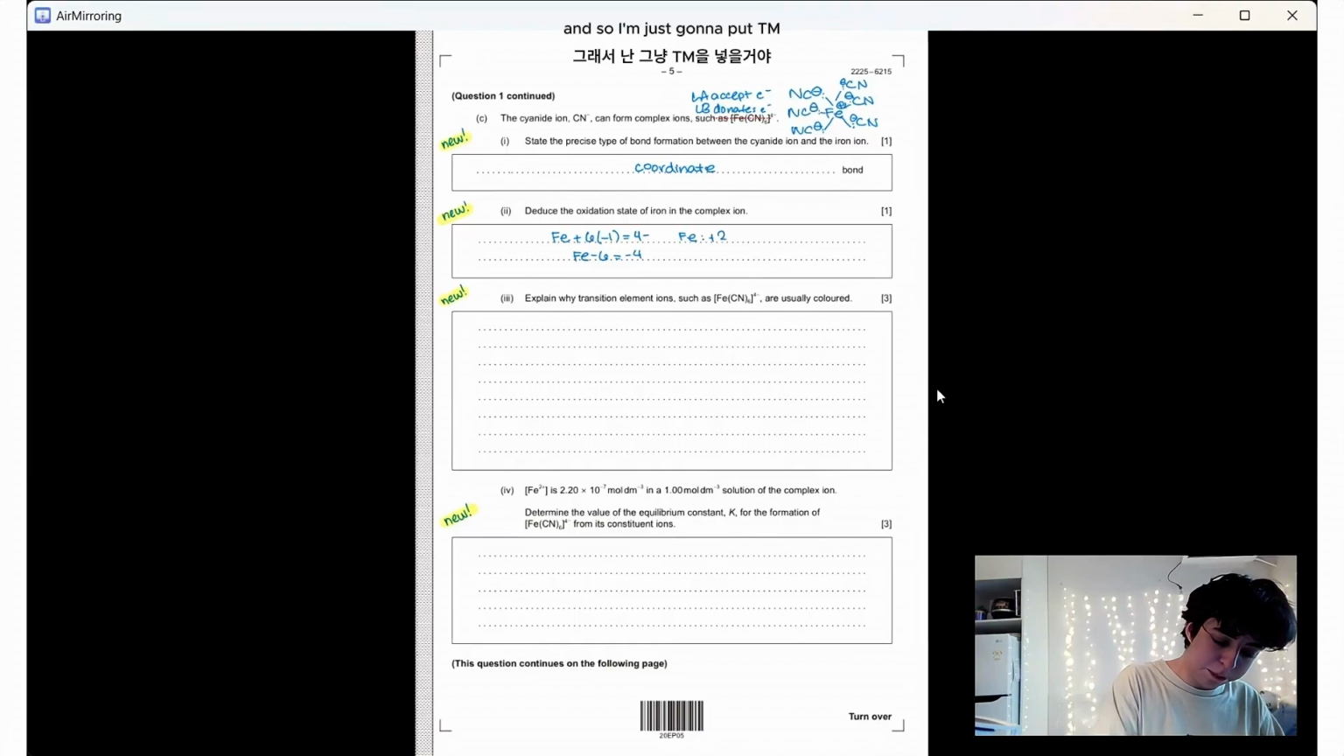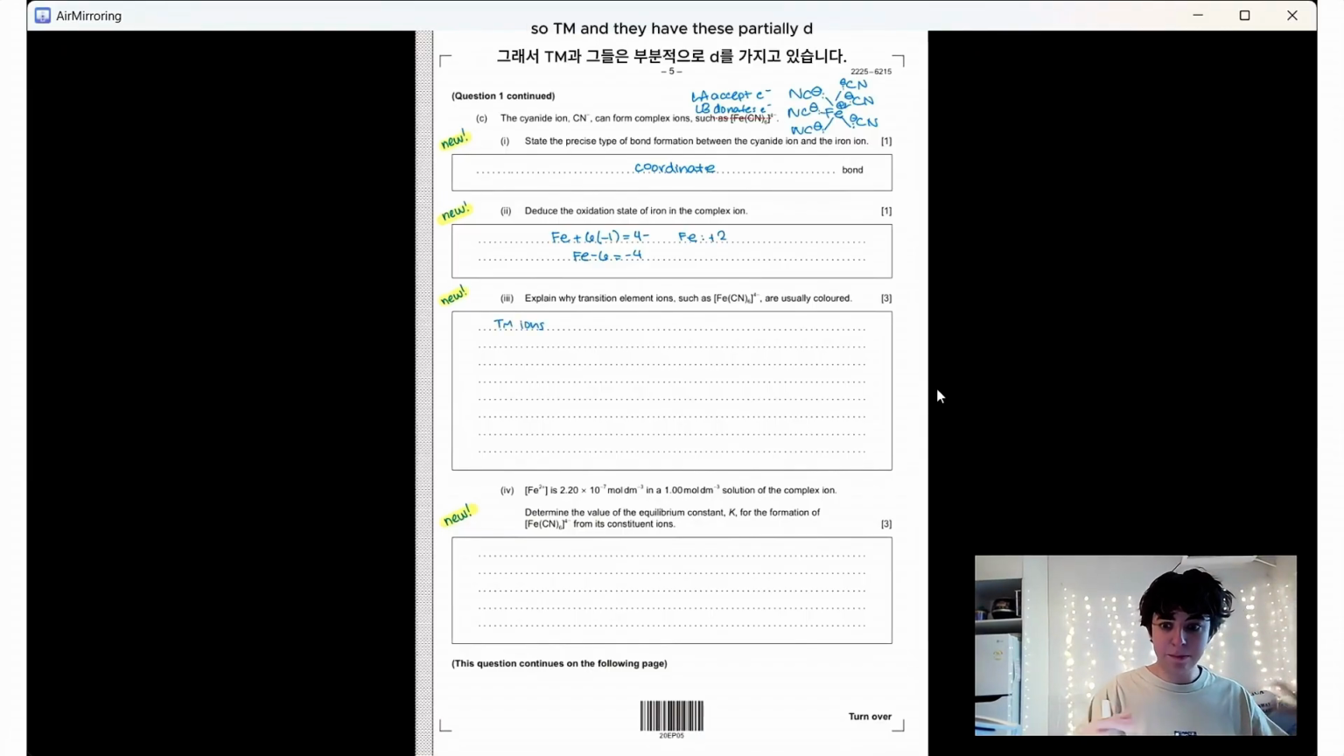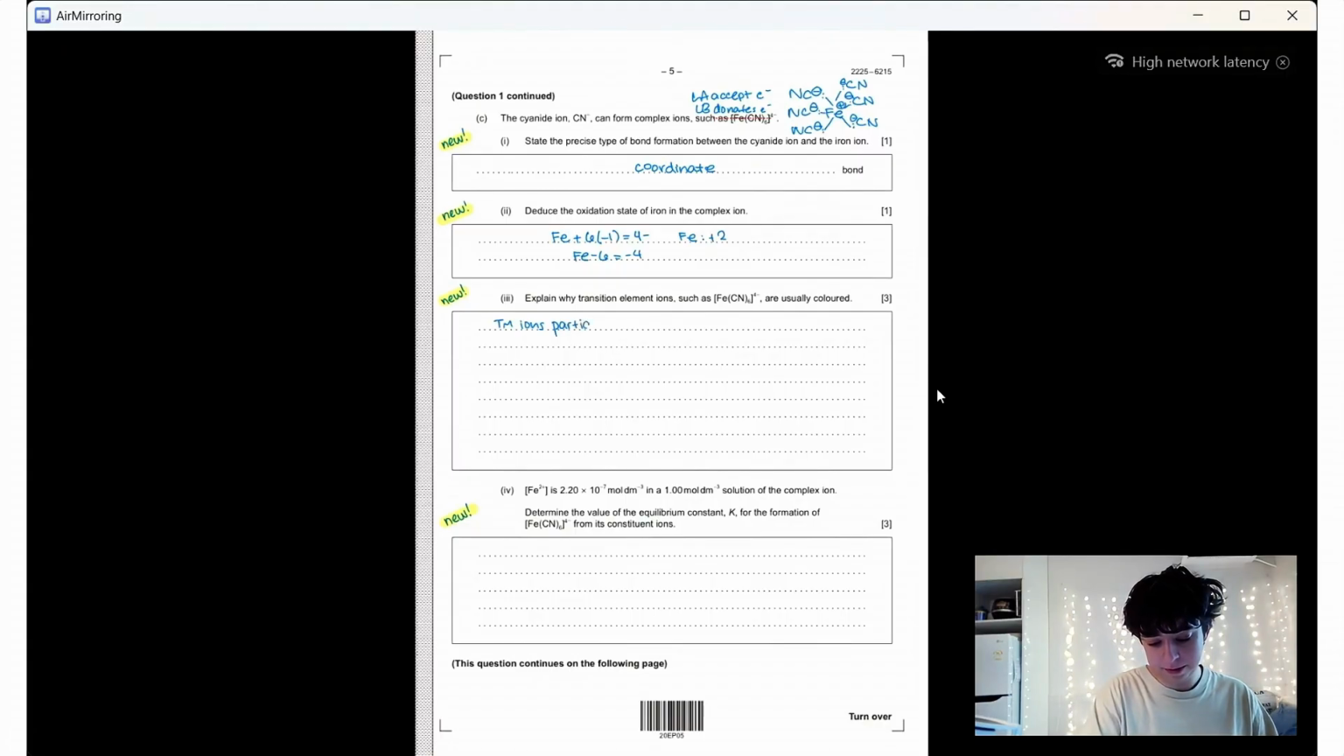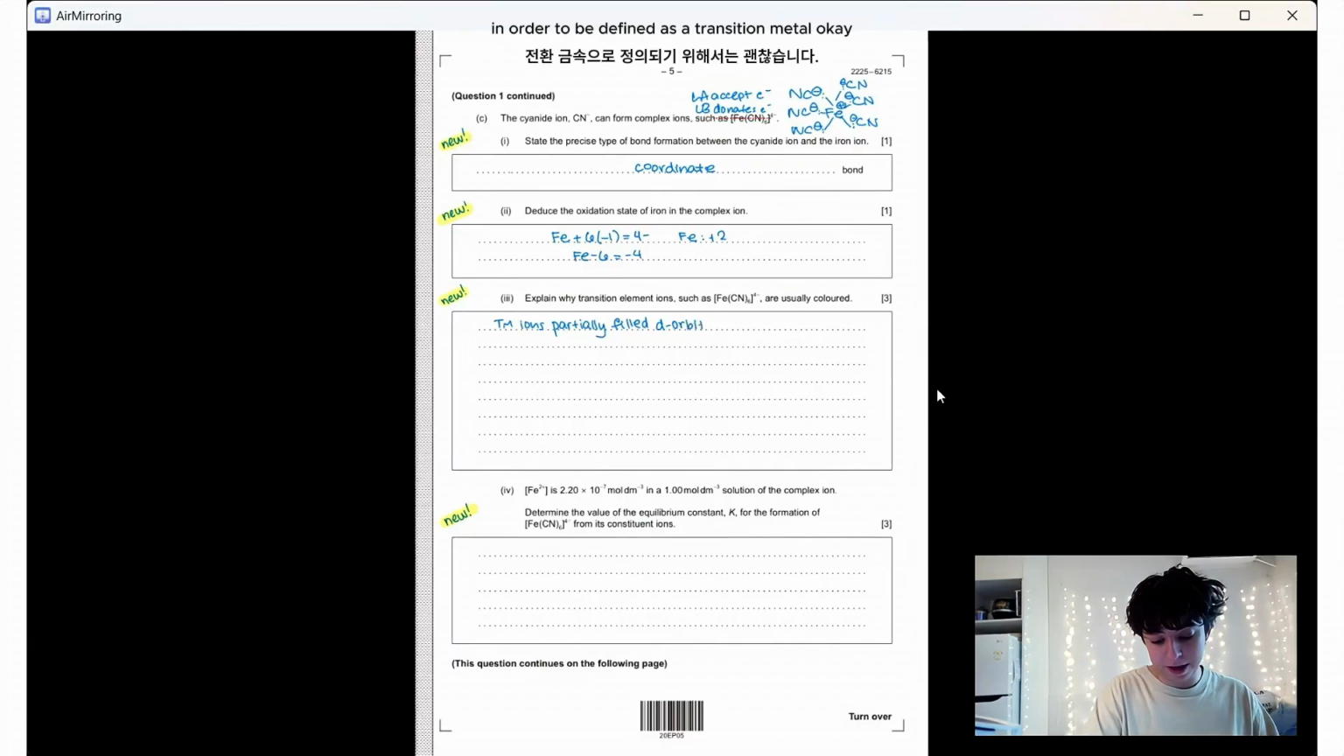And so I'm just going to put TM. So TM ions, they have these partially filled d orbitals. Okay, that is exactly what defines a transition element. Partially filled d orbitals, as that is the requirement in order to be defined as a transition metal. Okay, whenever you have these ligands, like these cyanide ions, as they approach,